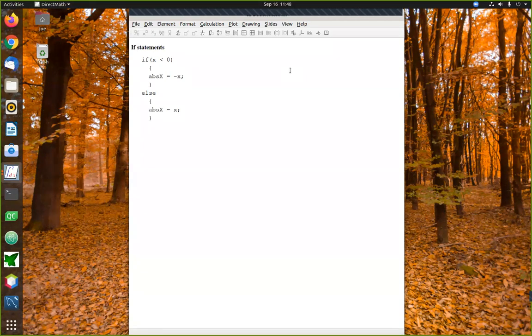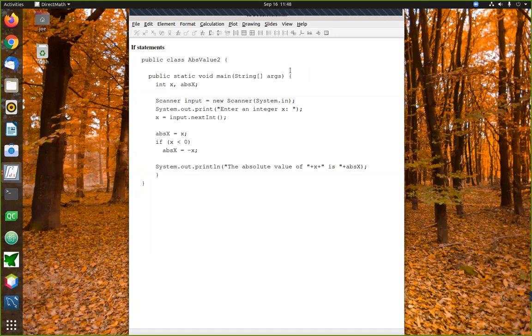Because even though they take up a little space, it's a good practice to always put the curly braces in around both the if part and the else part, because that way you'll always be guaranteed to have exactly the right structure. Now, as you get a little bit more comfortable with writing if-else statements, if you remember this rule that says in the case of a single statement, you can drop the curly braces, eventually you can feel free to drop them. But again, my advice at this point is to always keep those curly braces in to show the full structure of the if-else statement.